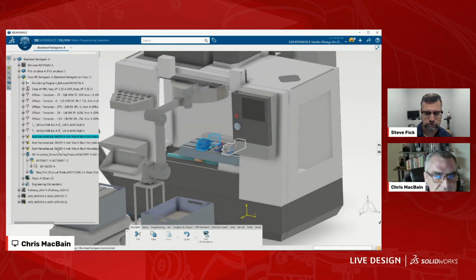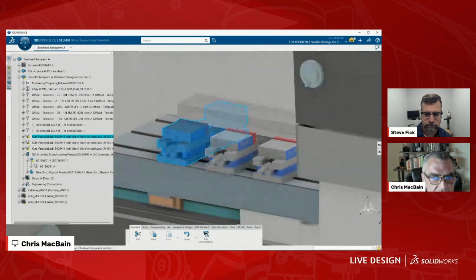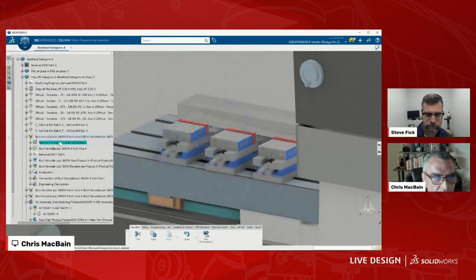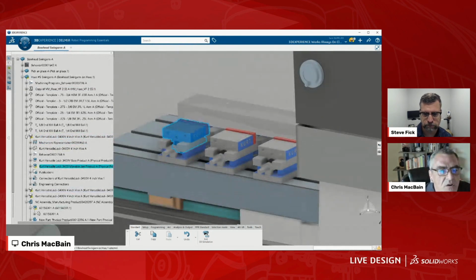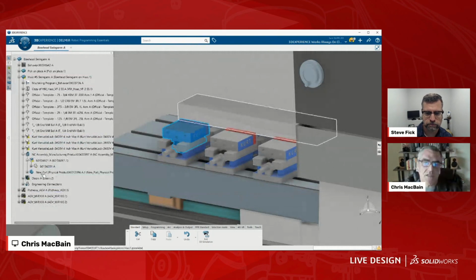But if we dig down even deeper, we can see that on this machine, we actually have these accessories that have their own mechanics, their own representation, their own moving parts. And we can create work instructions from these vices and ship those with the part or with the code to the shop. Tighten vice ABC before you do anything. It's huge.